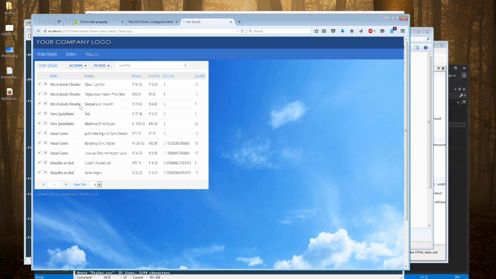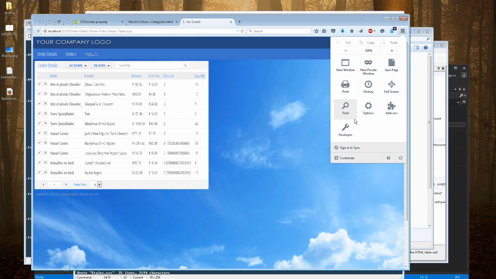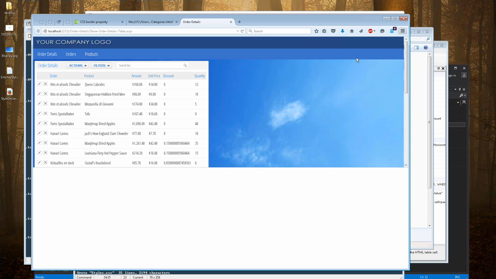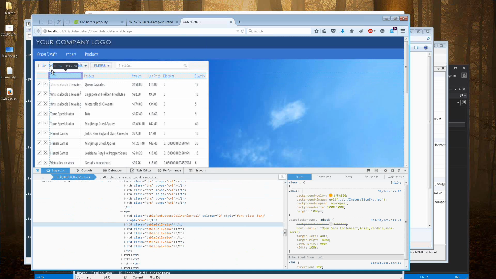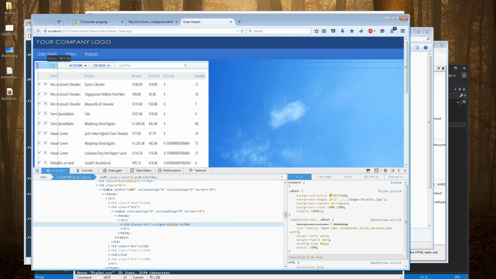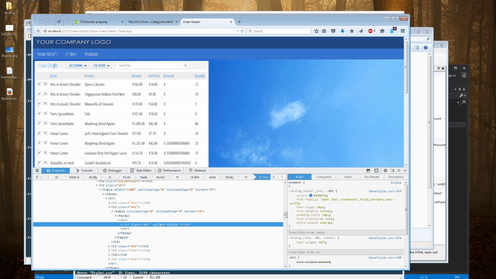So as usual, I come here and I want to inspect. I want to figure out what class affects the panel title. Here's the panel title. So if I start mousing over, I click on it. I see that the class that governs is... I'm sorry, DHT. Okay, so if I want to change it,